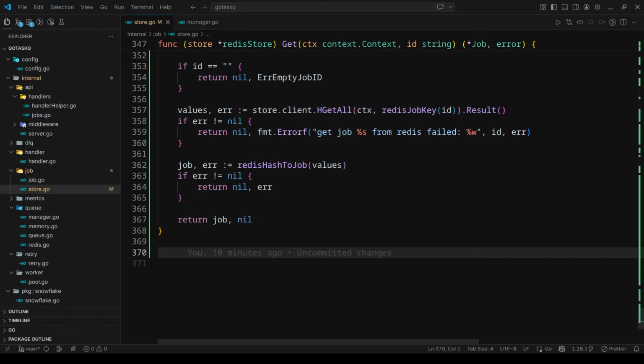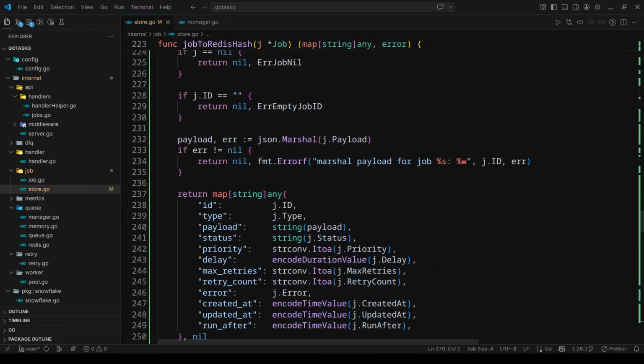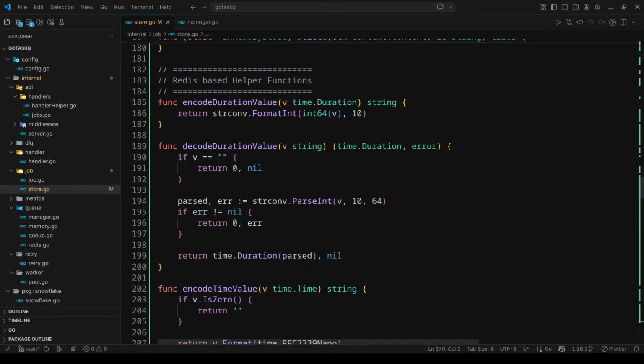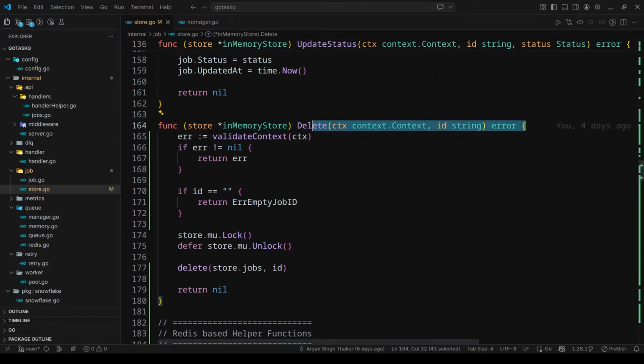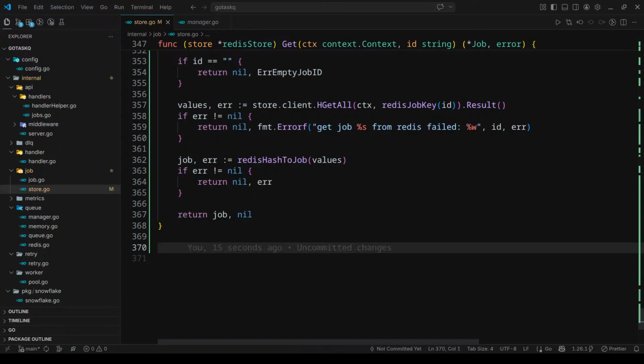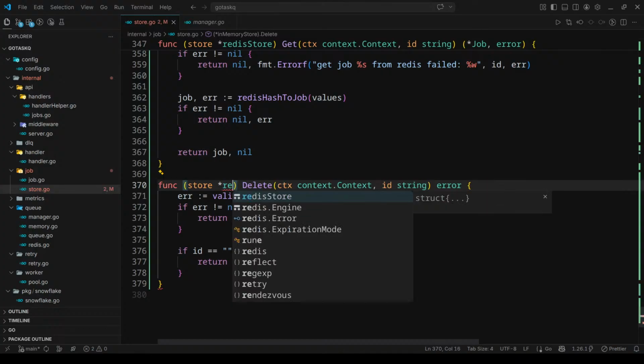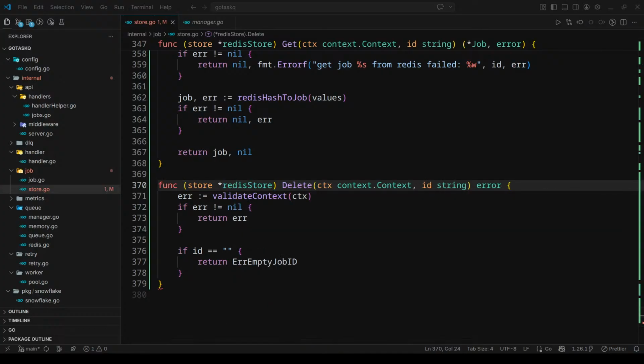So let me write func. What was the function signature? I'll just copy it from. There's the function signature part again. Yeah, here's the function signature, and I'll need this. I'll do this, and I'll do this, and delete. We'll take a Redis store and context ID string error, which will relate the context, and if ID is nil, then we will record this in